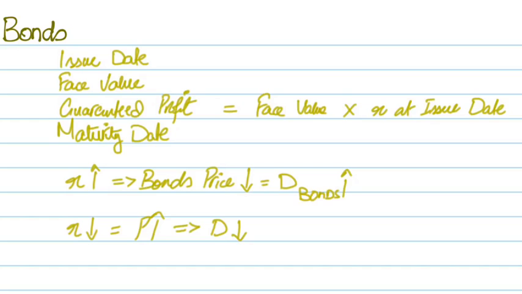So let's take an example. Let's say a bond is of $100, right? And the interest rate at the date of issue is 5%. So your guaranteed profit is $5 per bond, right? Now let's say 2 years later you want to sell this bond to someone else, and the interest rate at that time is 10%,